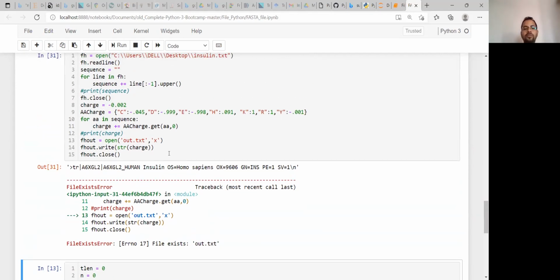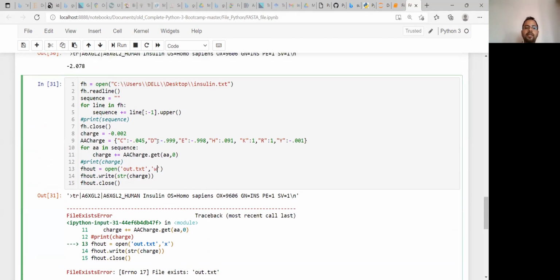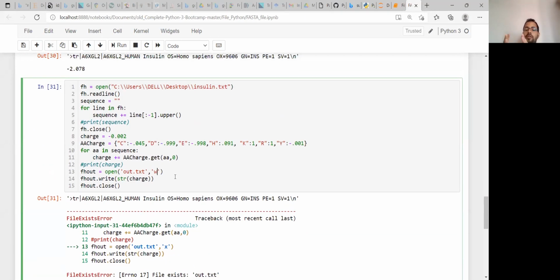So it is not possible to open this file in X mode here. So you can change it to W mode again. And the problem is every time you are using W mode, previous results on that file will be erased. That you should keep in mind.